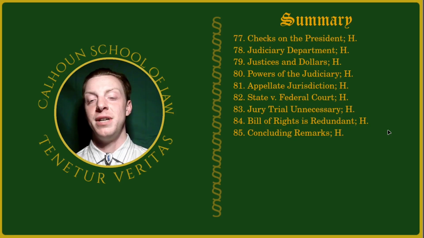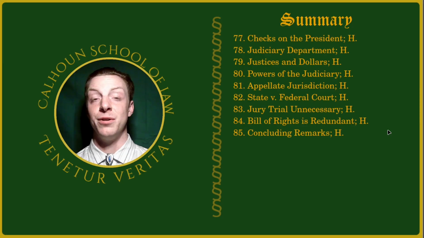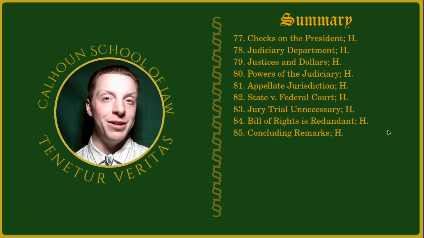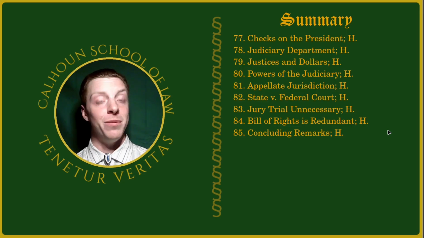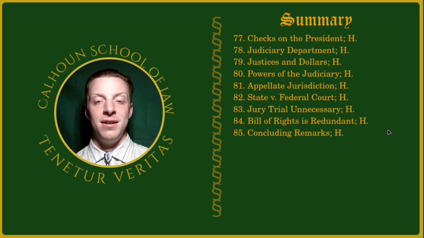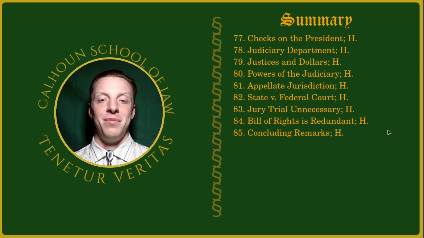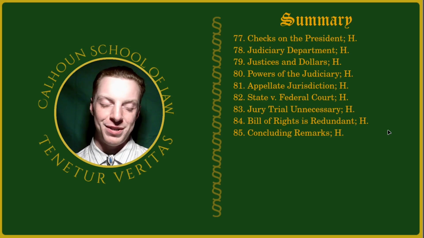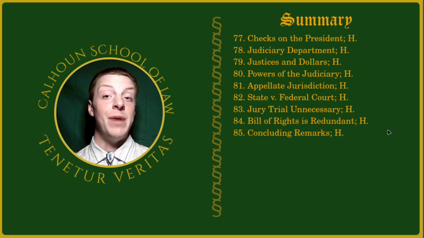84, Bill of Rights is redundant. Now this one's very important to read because it'll turn your stomach and it'll boil your blood, and will very quickly show you why Hamilton cannot be hated enough. Despite us having a Bill of Rights, despite us having Articles 1 through 10 of the Bill of Rights, and they were referred to as articles, they were not amendments, because as Thomas Jefferson said, they were prerequisites for him to even consider ratifying the U.S. Constitution or advocating on its behalf. The Bill of Rights was a prerequisite.